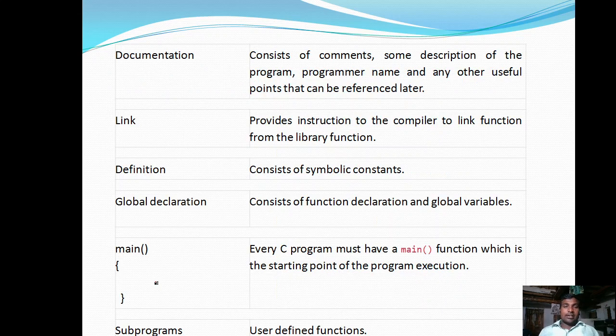The first documentation section consists of comments and descriptions of the program, the programmer name, and any other useful points that can be referenced later. In the documentation section we give the description of the program, what exactly that particular C program is going to perform, and the name of the programmer who is writing it.